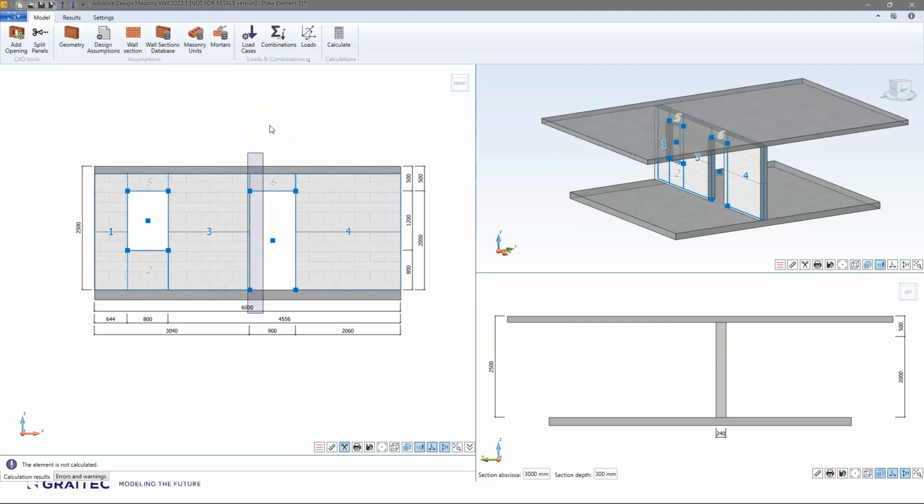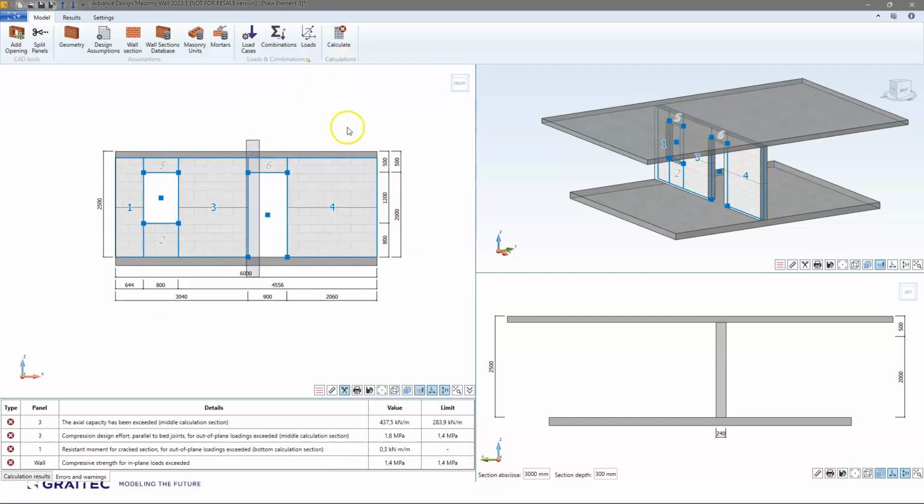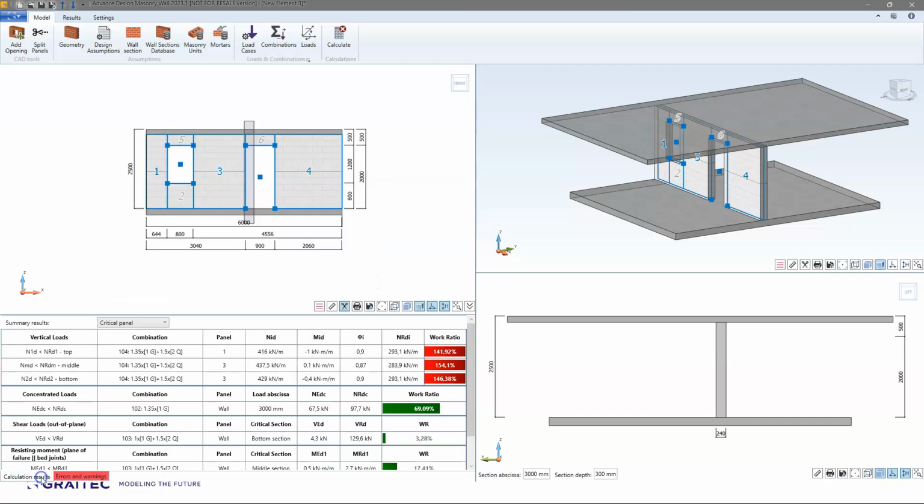So right now the loads are added, and you simply hit calculate and you get all the results. I see that the actual capacity has been exceeded in some panel, but please note that we checked not only one or the most affected panel, we've made the checks for all of the pre-designed panels. In the calculation results, you can see the exact